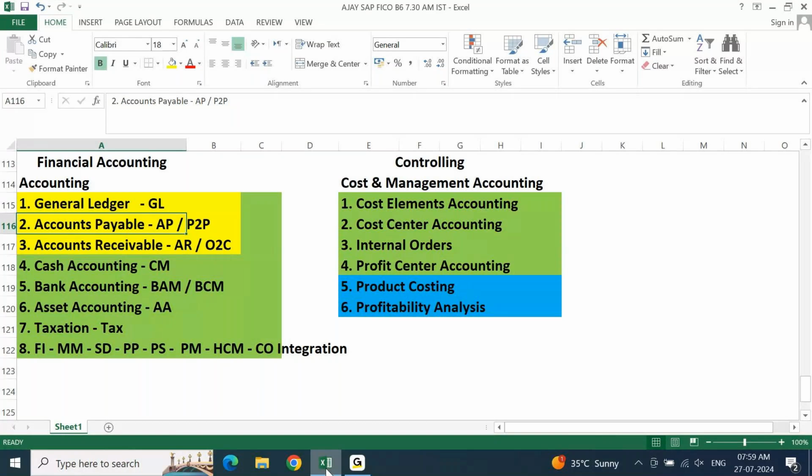We will elaborate each and every point here so that you will have a basic overview. Okay, GL means this, AP means this, AR means this. Accordingly, you can decide whether you are able to relate, whether you are able to understand or not. If you are able to relate, if you are able to understand, fine. If not, if you feel that no, this is something difficult, may not be suitable to me, you can take a decision to drop off at the beginning itself. Instead of paying money, completing a course, and later on realizing, if you realize at the beginning itself, it is better for you because you're not wasting your time, you're not wasting your money.